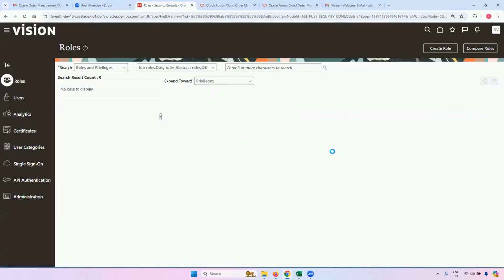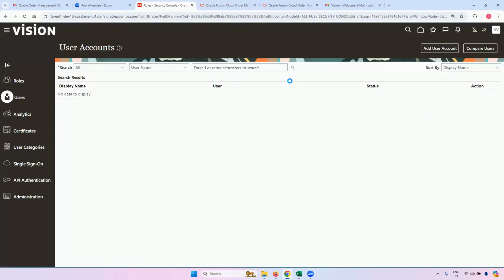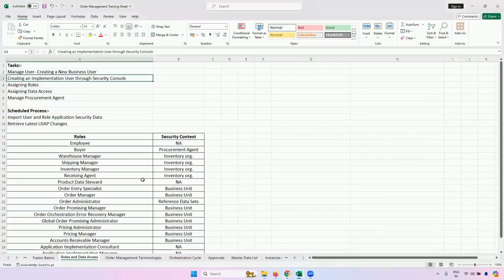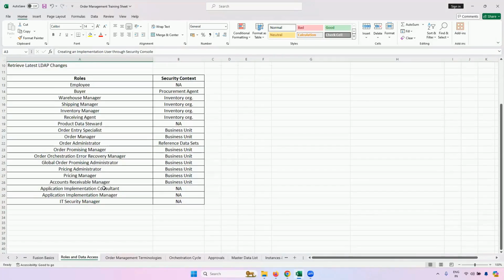I think one of you had asked me if everyone can access security console or not. So this is the differentiation. Now he can access security console. He can do all kinds of roles and reset password and all those things. So with this, the sheet is complete: creating a business user, assigning him the role, assigning him all the data access, making him a procurement agent in order for him to be able to create a PO, purchase order. Then I created the implementation user and assigned him the IT administrator roles, these 3 roles.